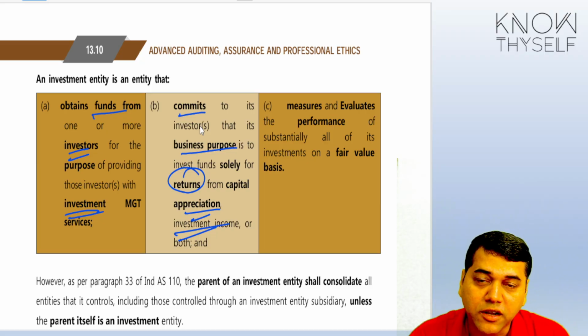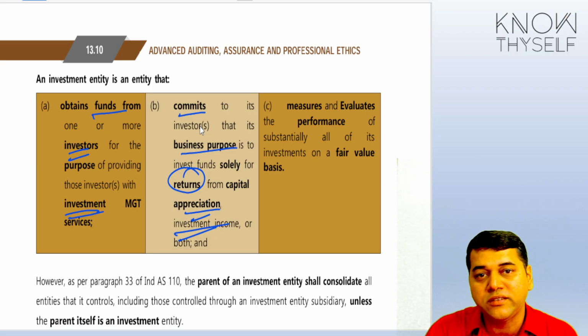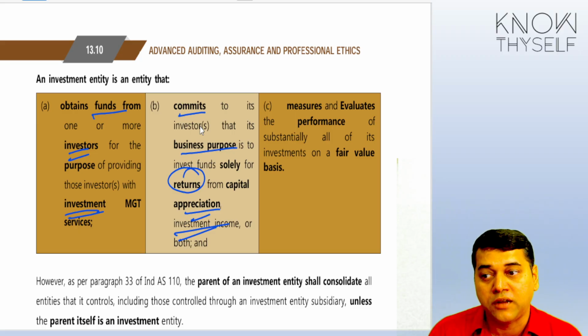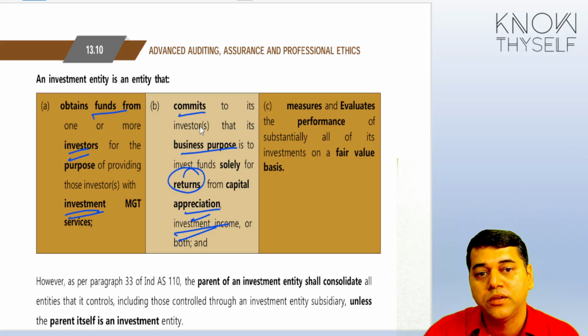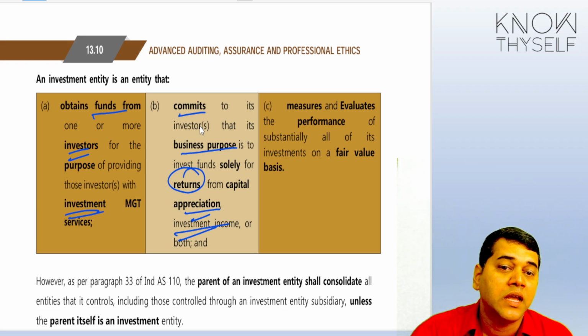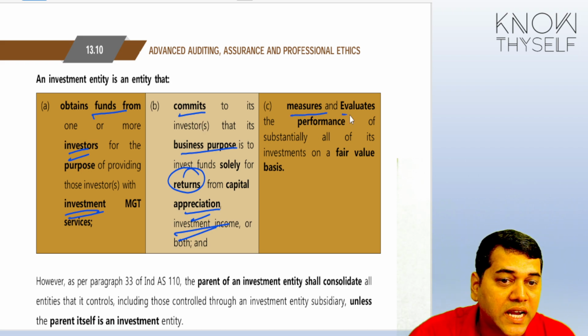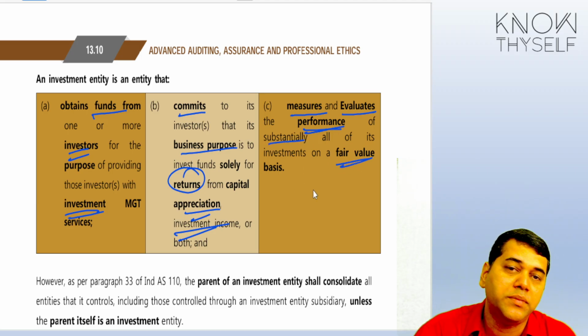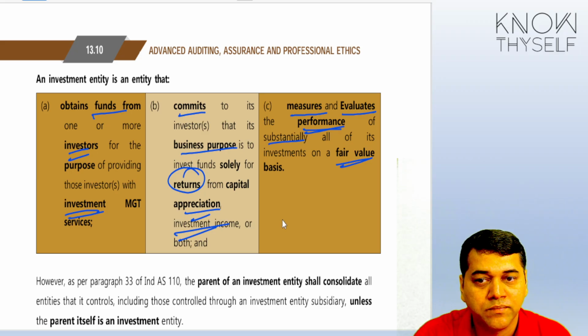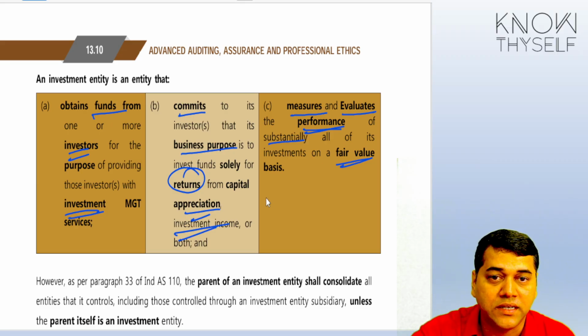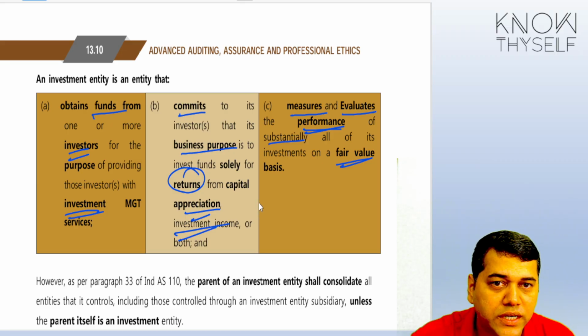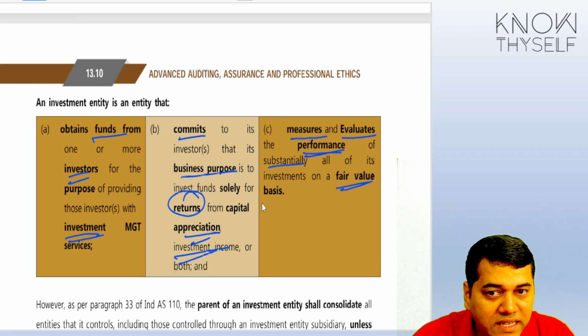But if a parent has acquired, like ONGC has acquired MRPL, they are looking from the synergy point of view, their business point of view. And third, they should measure and evaluate the performance of the subsidiaries on a fair value basis, FVTPL basis. Now, there is one examination question they can ask you: is it mandatory? Then you can talk about Section 129. You can talk about exemptions, what you are going to get. So there are 3 exemptions we have understood.